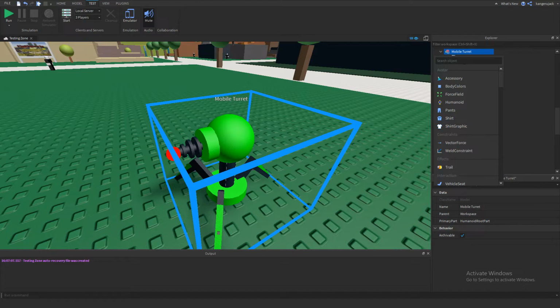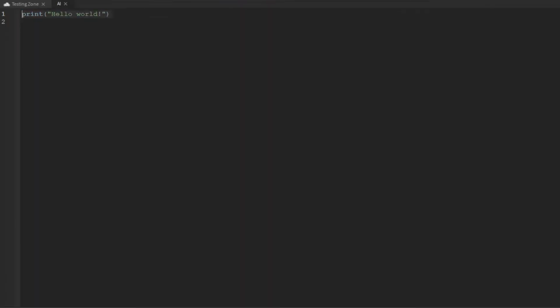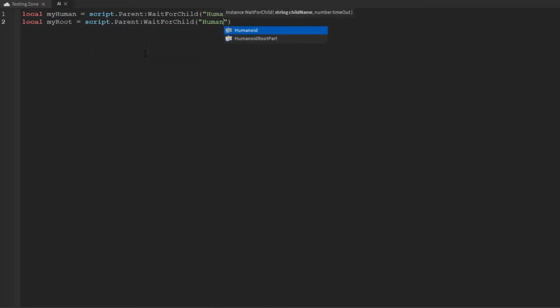Let's go ahead and create our script as usual. Name that script AI, as we do on the Yellow Mustang channel, if we could spell it correctly. There we go. Okay, and now we start off with the process of declaring a million local variables. So local myHuman equals script.Parent:WaitForChild Humanoid. Local myRoot equals script.Parent:WaitForChild HumanoidRootPart. Okay, simple enough. Local myHead equals script.Parent: